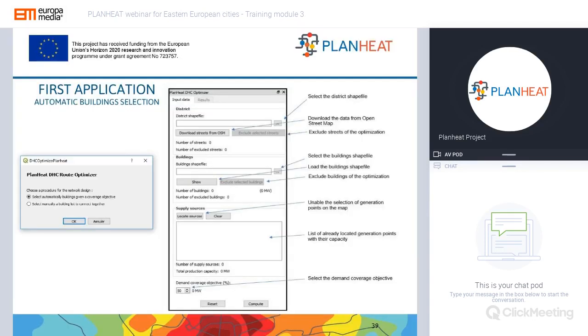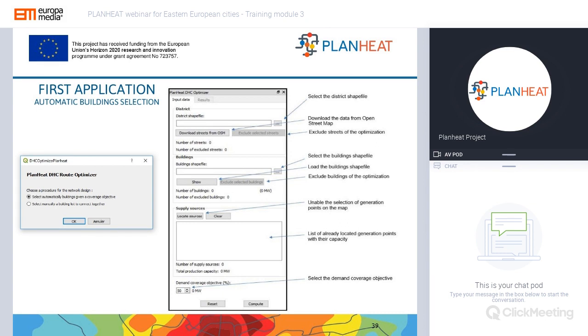So here's how the first application looks like in the current development of the prototype. So the user has the option to select the district shapefile, then download the data from OpenStreetMap, and can also exclude streets from the optimization if there are streets that are not fitting in the area. The user can also select the building shapefile, then load it, and also exclude buildings from the optimization if necessary.